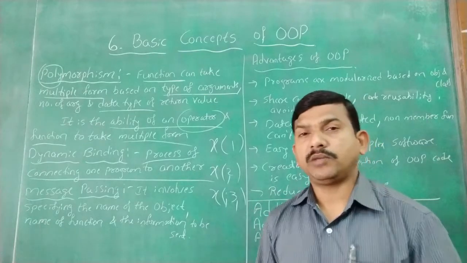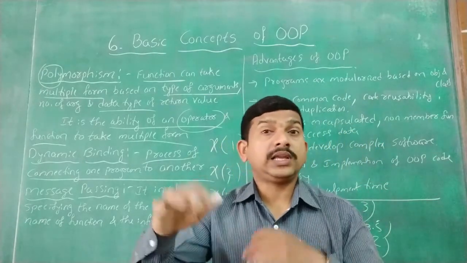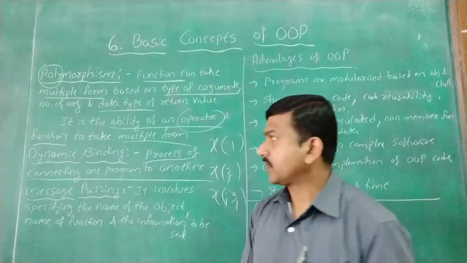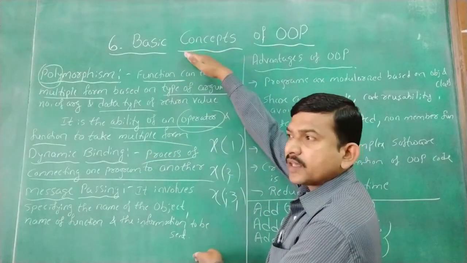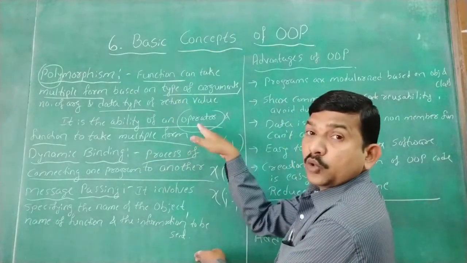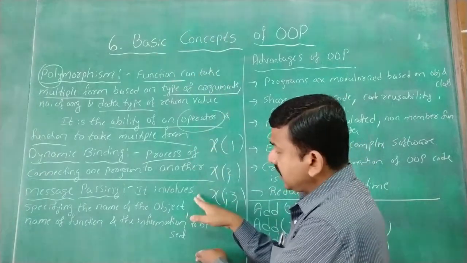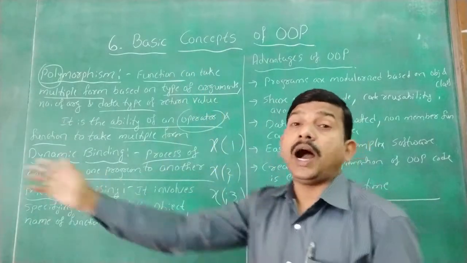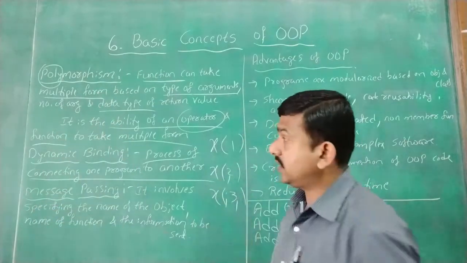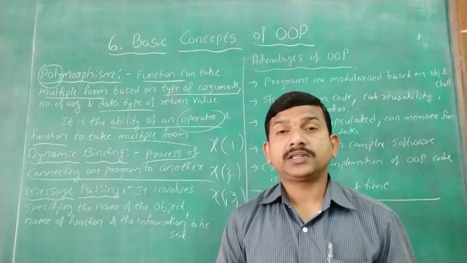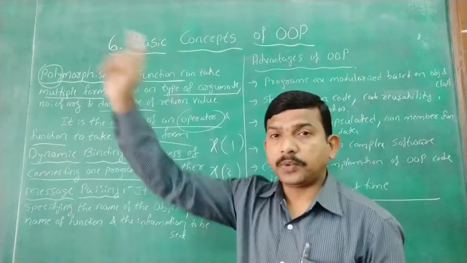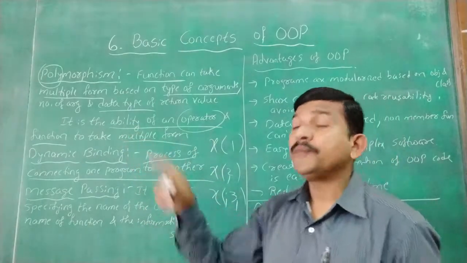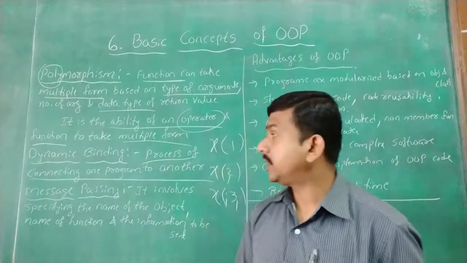One program to another program means within a program I am calling some other programs. Not like two separate programs. Suppose I wrote one program. For example, assume that this is a program I wrote. In this, somewhere I want to call some other program. So when that statement executes, that program comes. For that program to come here, with the help of dynamic binding, what does it do? It joins that program with this program. It links or connects. This process is nothing but dynamic binding. Is it clear?